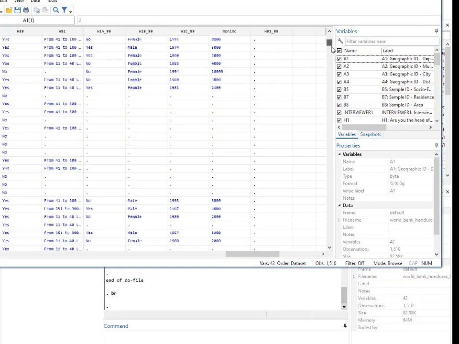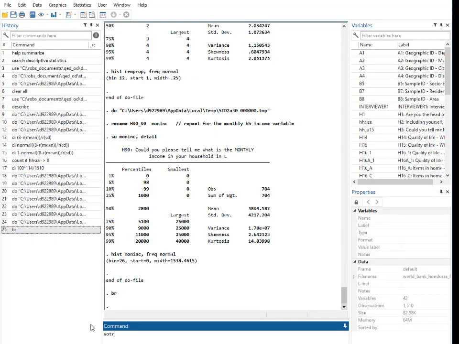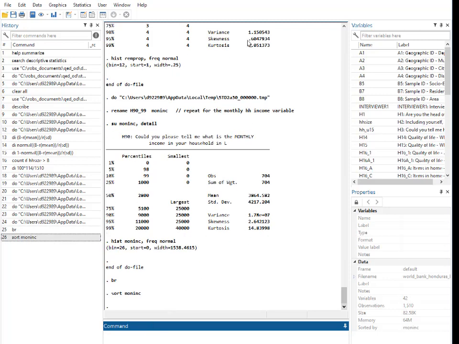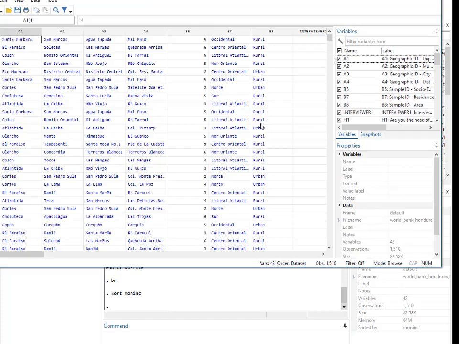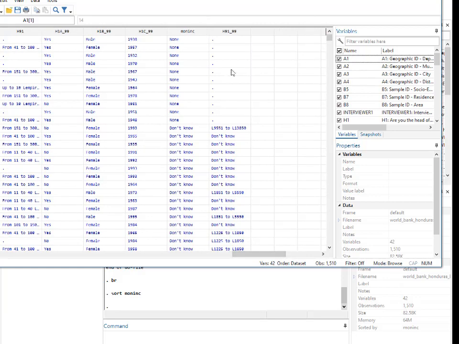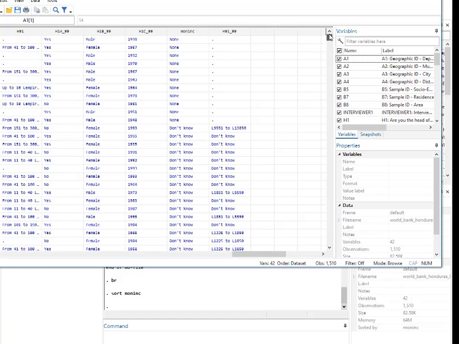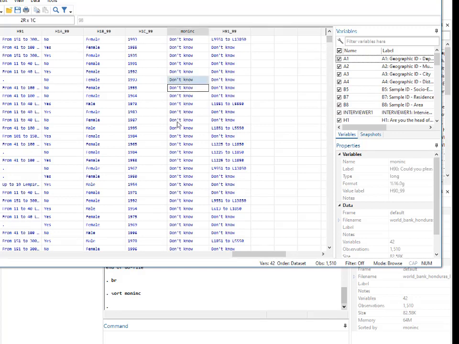It's a bit hard to make out like that, so what we can do is, in the command window, just do sort. It sorts on monthly income, and then back in the browser window it's slightly easier to see what's happening. So there's the nones, there's the high values, but just after the nones, we've got these don't know. So 98 for don't know,